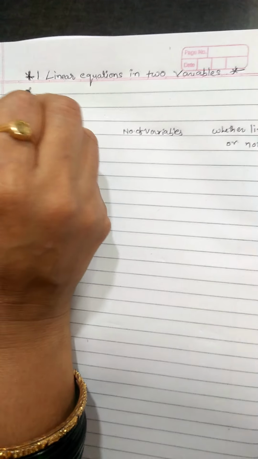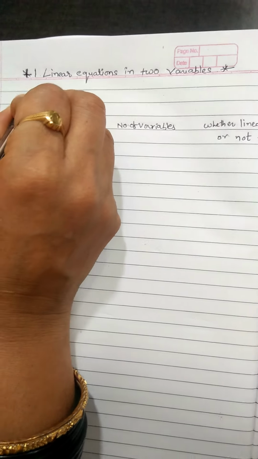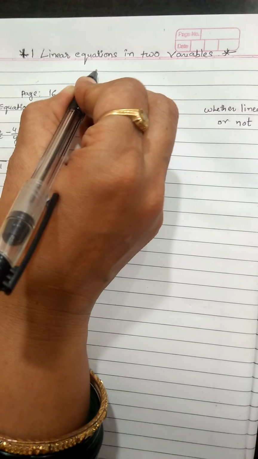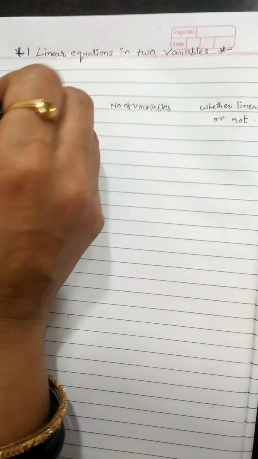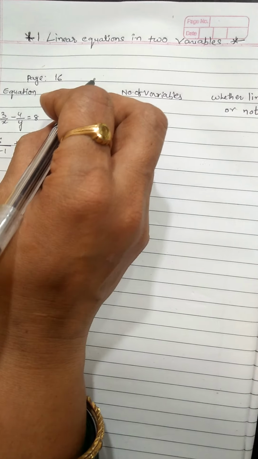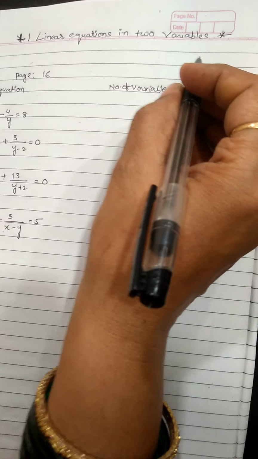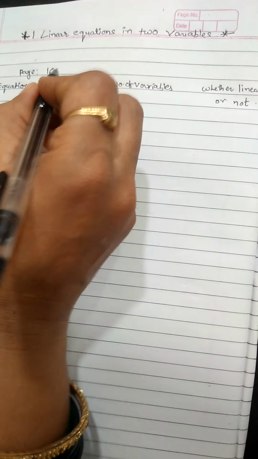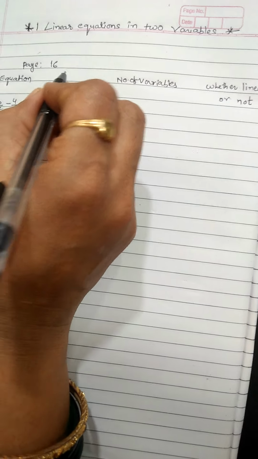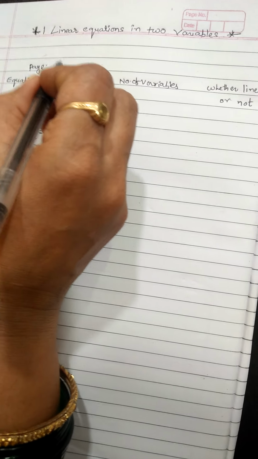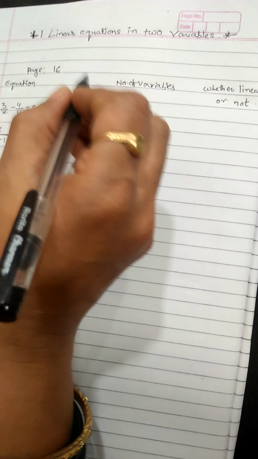Students, in our previous videos we learned the chapter linear equations in two variables. In this chapter, we already solved practice sets 1.1 and 1.3, and in 1.2 we are going to learn about the graphical method, which we will learn at the end of the chapter. In practice set 1.1, we learned how to solve simultaneous equations by the elimination method, and in 1.3 we learned how to solve them by Cramer's rule.